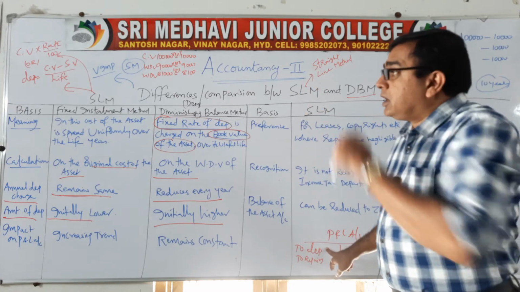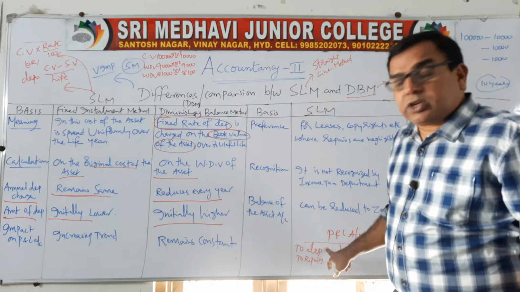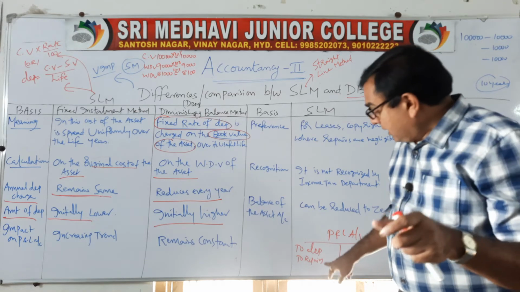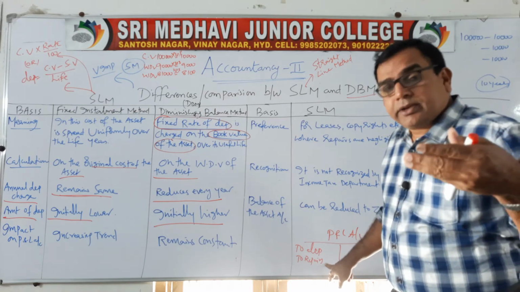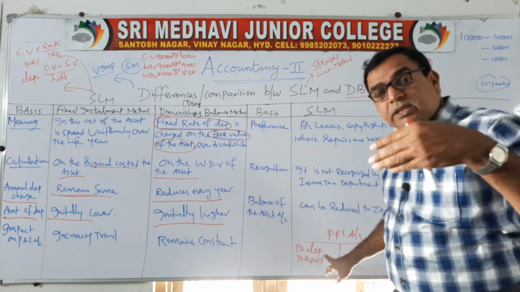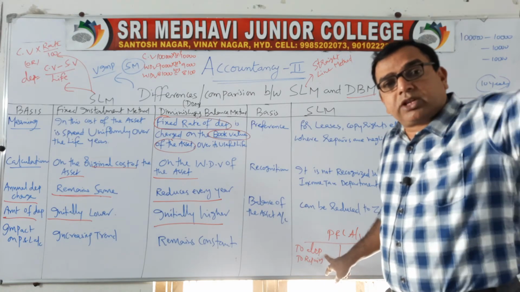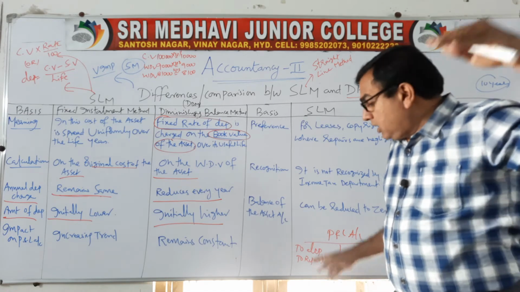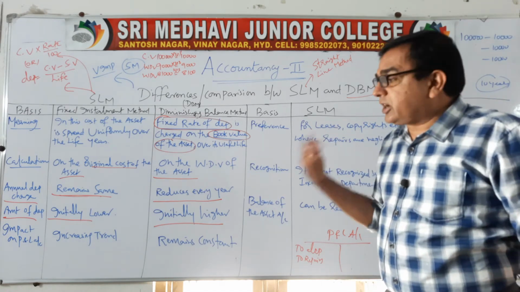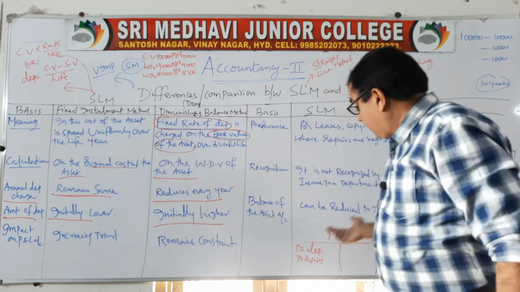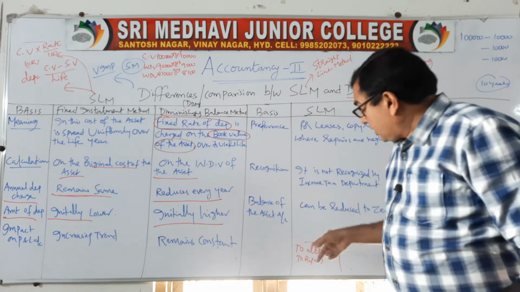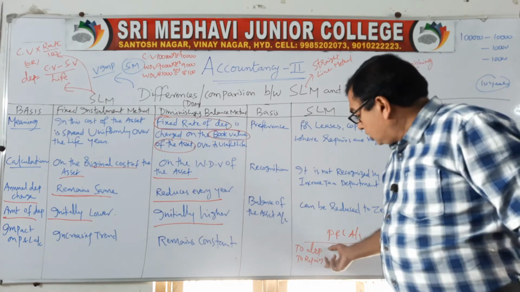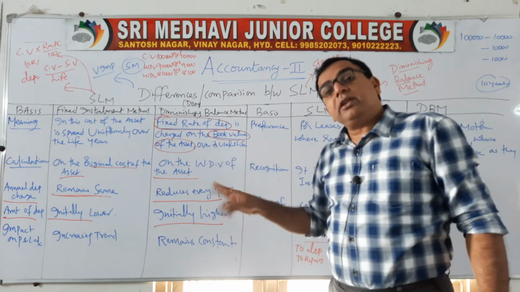But in the straight line method, we do not have that possibility because we write the depreciation constant and the repairs cost will increase. So, depreciation plus repairs, this impact will increase gradually over the number of years. As time passes on, repairs cost will increase, and that will have an increasing trend impact on the P&L account. But in the diminishing balance method, because the depreciation decreases, though the repairs cost increases, clubbed together, it will remain constant.